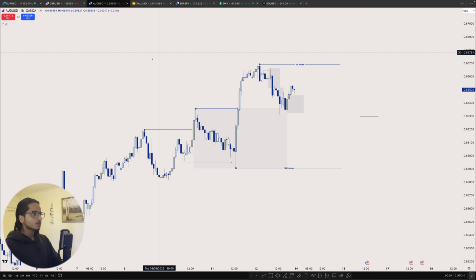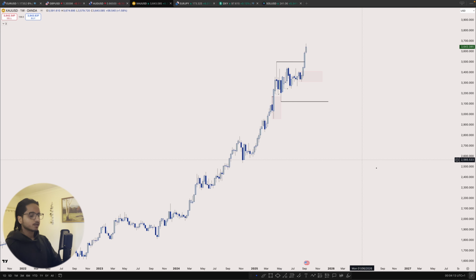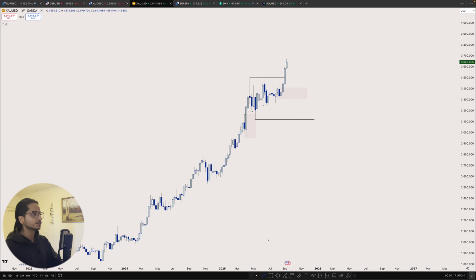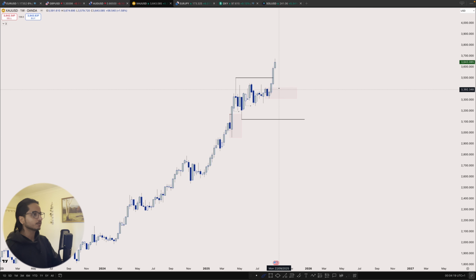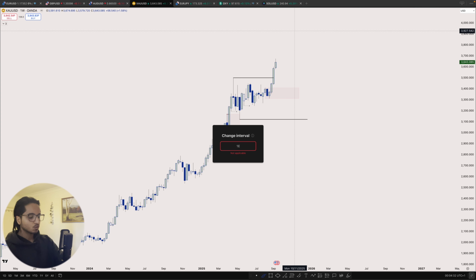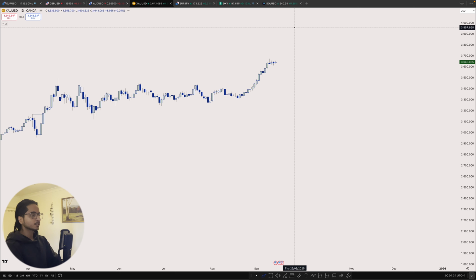Let's go on the gold price action. Pretty much bullish, right? Gold price action has been bullish. If we look at this recent price action, we have been chopping the last couple of months. Finally we broke out of the range, so there is a possibility we may come back into the top of the range at least, but until then, let's just keep following the buys, nothing else.